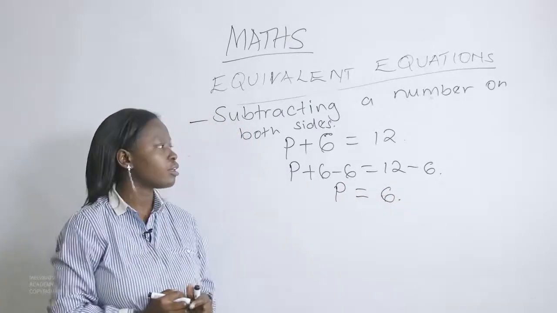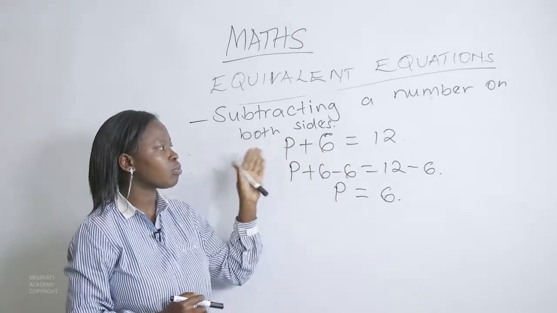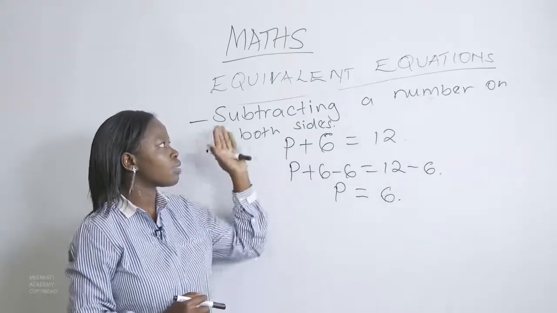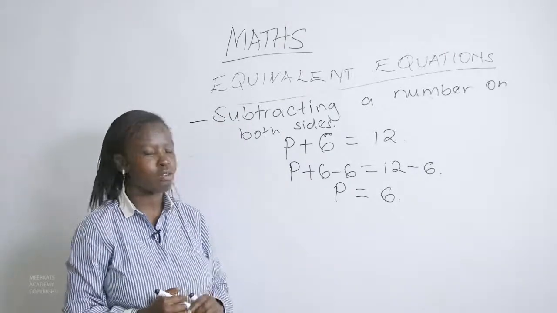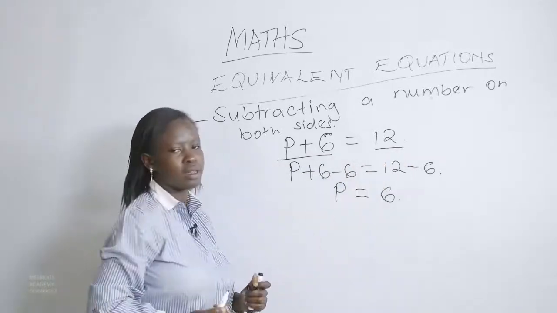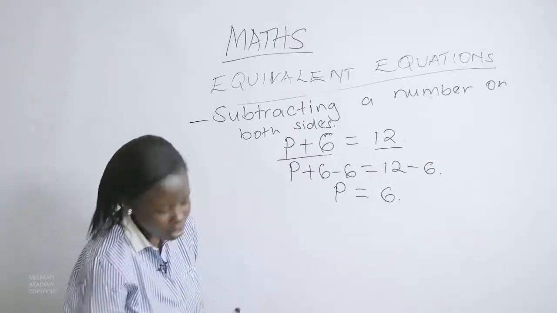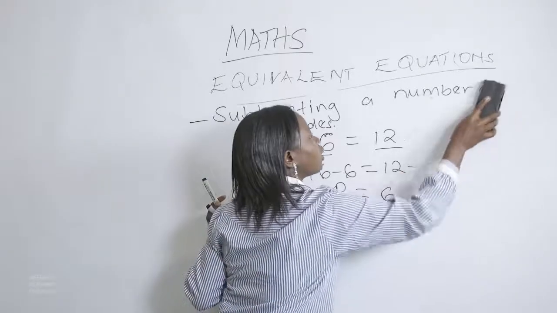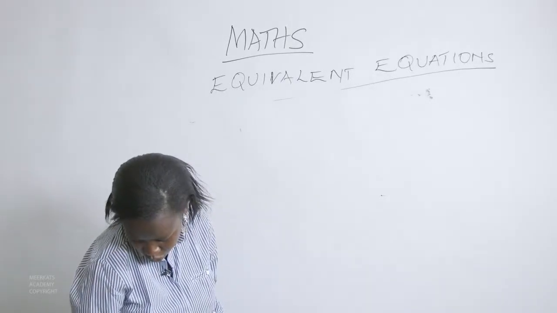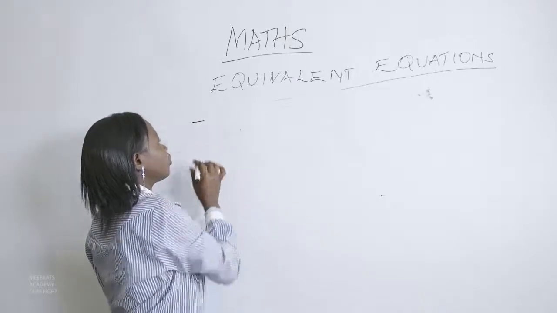So I've subtracted a number on both sides. If it is possible for us to subtract a number on both sides, then whatever we are having is an equivalent equation, in that this side is equivalent to the right-hand side. Another condition that can make an equation to be an equivalent equation: an equation can be said to be equivalent if